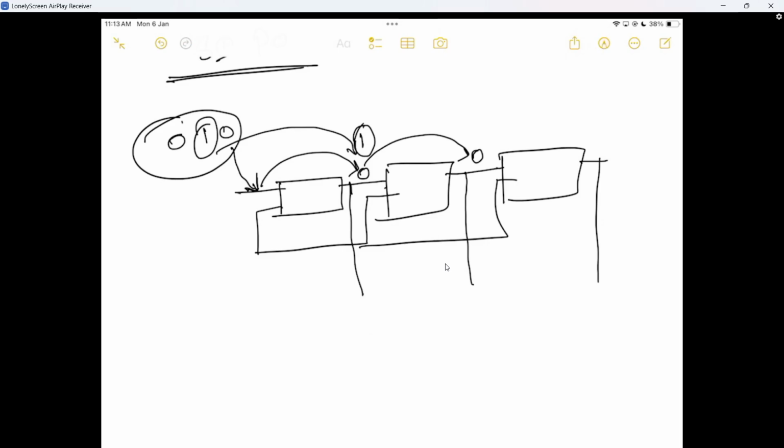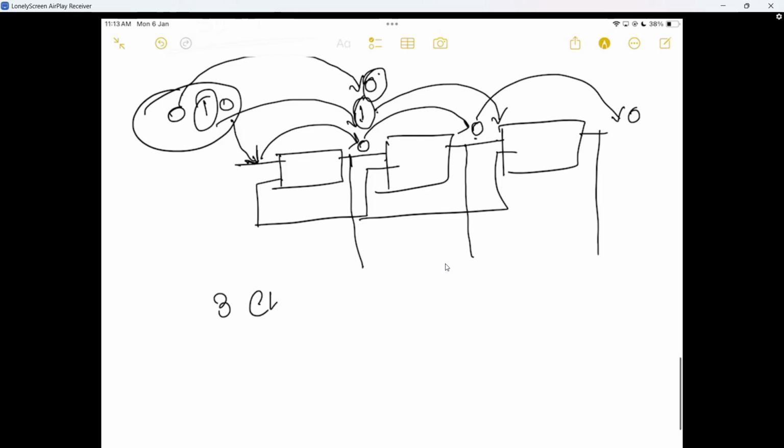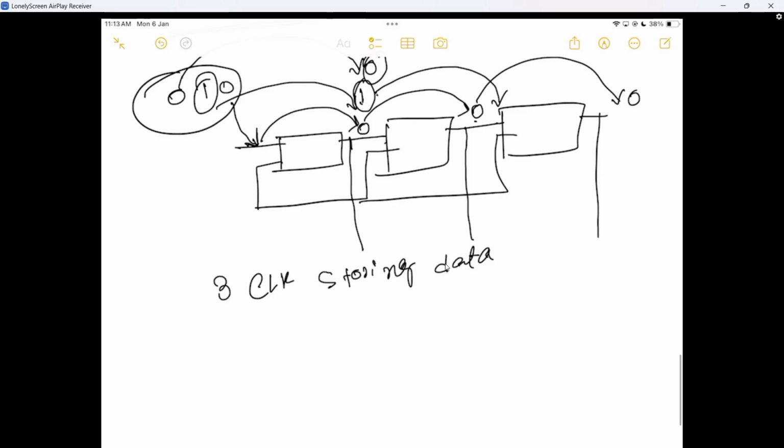In two cycles, 0 will be here and 1 will be here, and again another clock cycle is required for 0 to be here. One was previously here, so 1 should now be here and 0 should now be here. So three clock cycles are required for storing the data. But when it comes to retrieving the data, tracing the data from here, Q0, Q1, Q2,